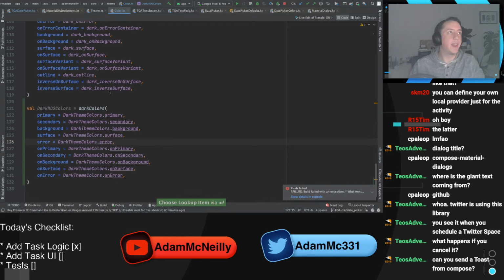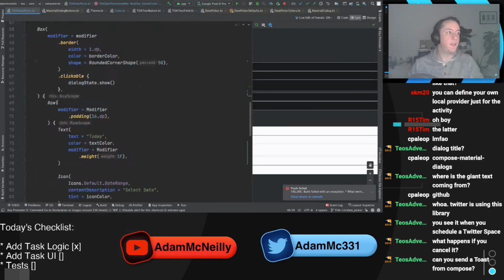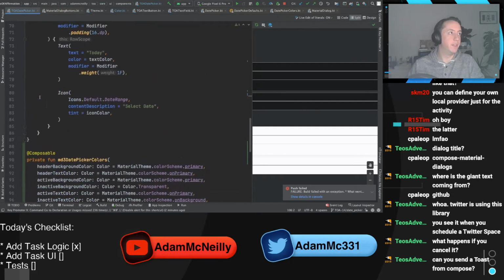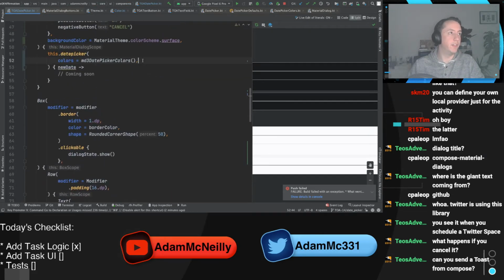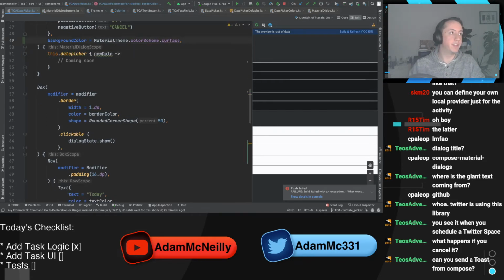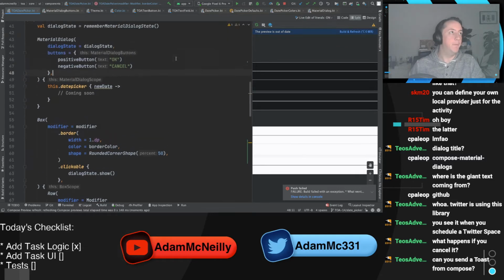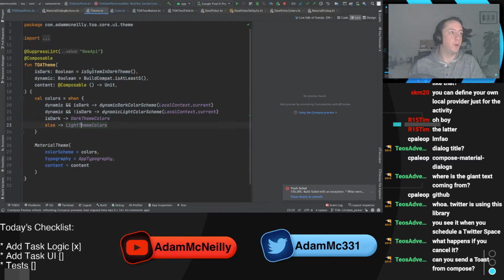So something like this is kind of hacky, but it would remove my need for this Material Design 3 implementation all the time, because now I have both the Material Design 2 and 3 color palettes defined for the time being. I'm gonna try to prove it. I'm gonna remove that color from this call to update colors there. I'm also gonna remove this. And what I'm gonna do is at the root level, at the theme,